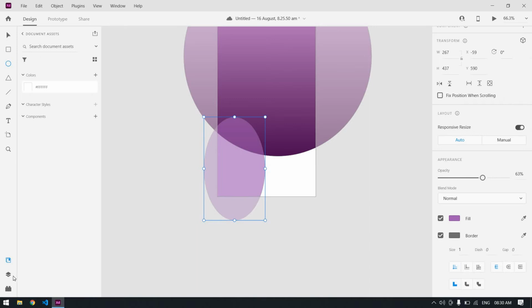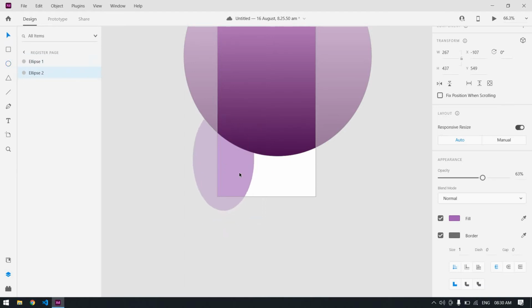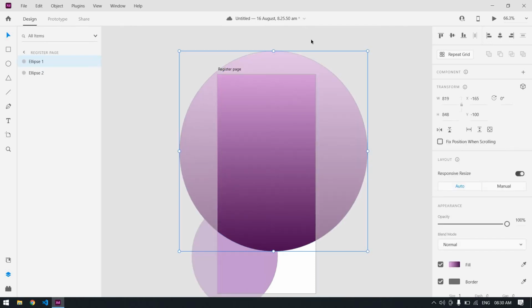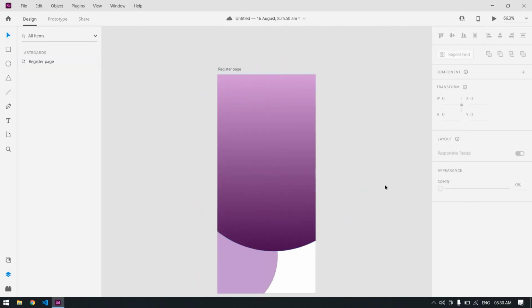I put the ellipse after the first ellipse. This is fine. After that, I'm going to create a menu.